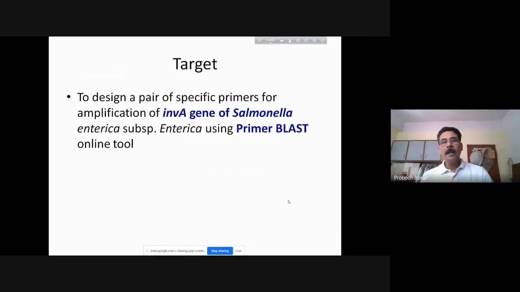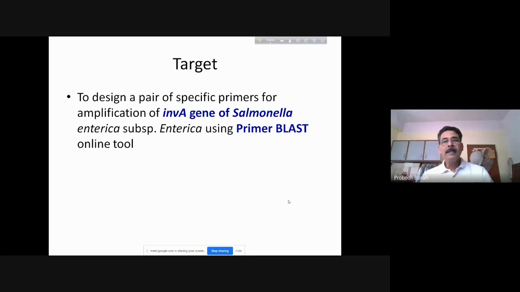So as you know, Salmonella is divided into two species, Salmonella enterica and Salmonella bongori. All the pathogenic Salmonella are included under the same species, Salmonella enterica. Under Salmonella enterica, there are 6 subspecies. Out of them, Salmonella enterica, subspecies enterica, is the largest subspecies of Salmonella, and this consists of all the Salmonella pathogens which can cause disease in animals and man.